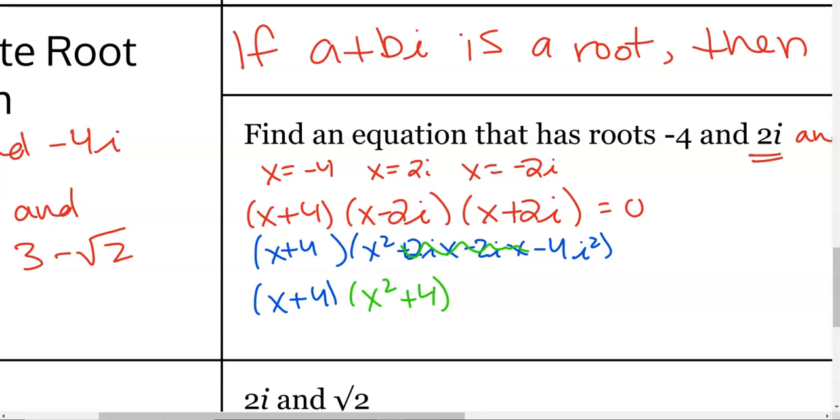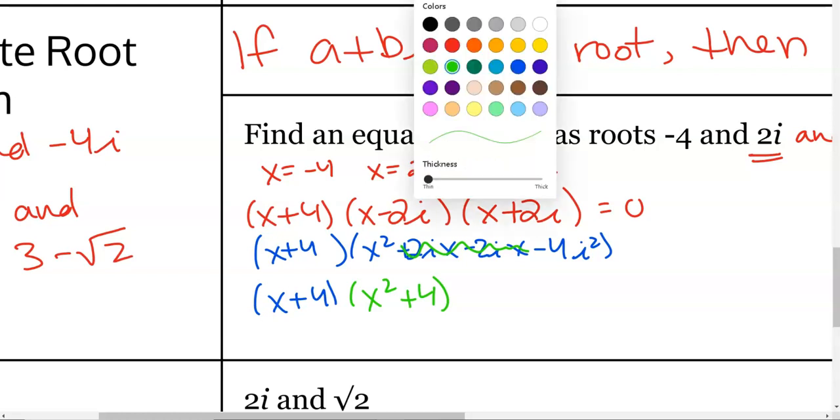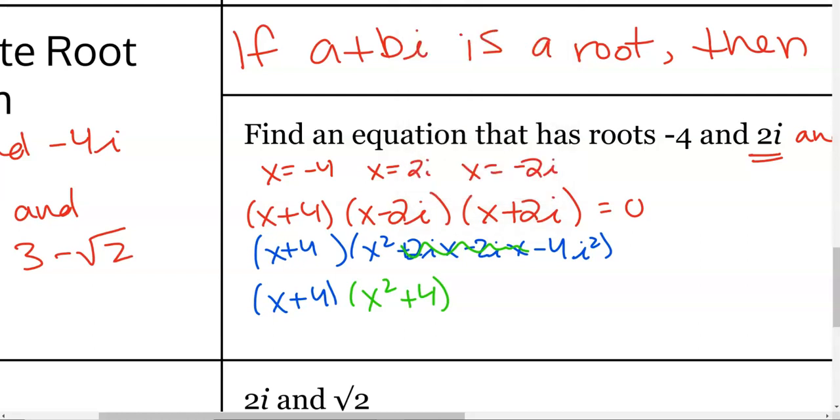Am I done? Do I have a polynomial with a degree of 3? Not yet, so we're not done. So what do I have to do now? Yeah, keep multiplying, keep distributing. All right, x times x squared, x cubed, x times 4, 4x, 4 times x squared, 4 times 4,